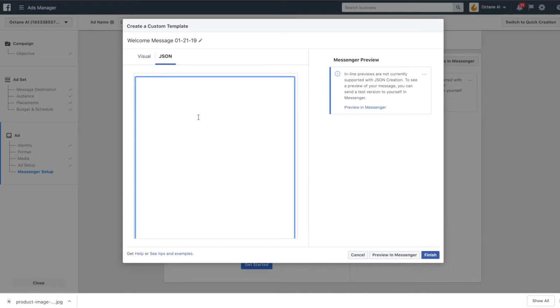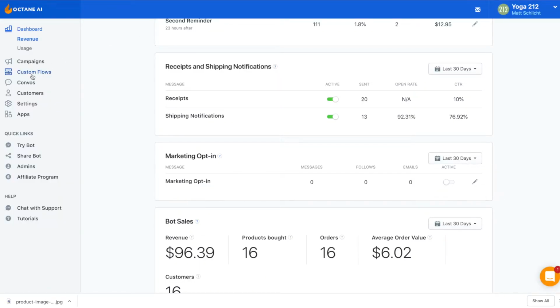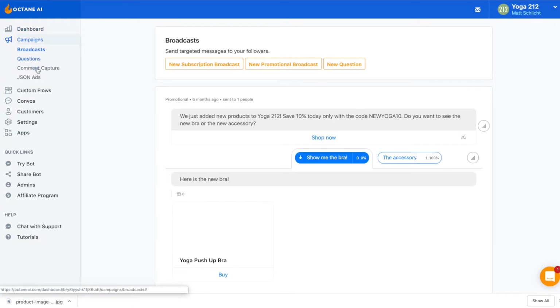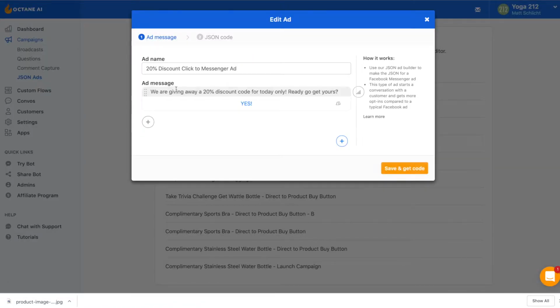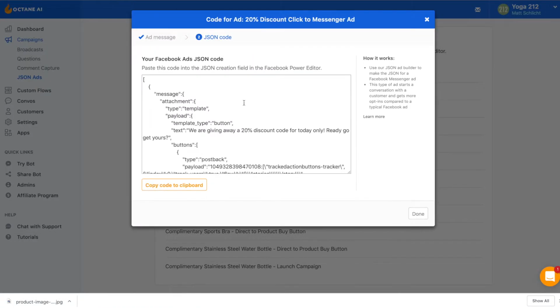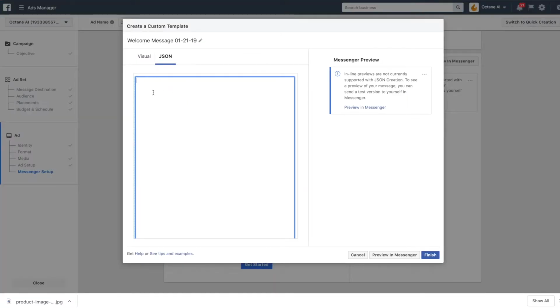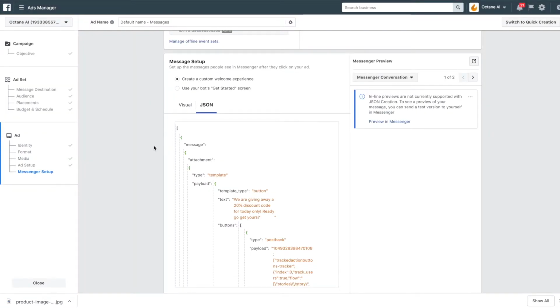If you want to remember how you got it, go back to Octane AI, go to Campaigns, and then click JSON Ads. Click on the JSON ad, and then click Save and Get Code. Grab the code, copy it, go back to the Ads Manager, and then paste it in. And there you go. If you want to test how this works, you can click the message preview, click Preview in Messenger, and it will send you a message on your phone